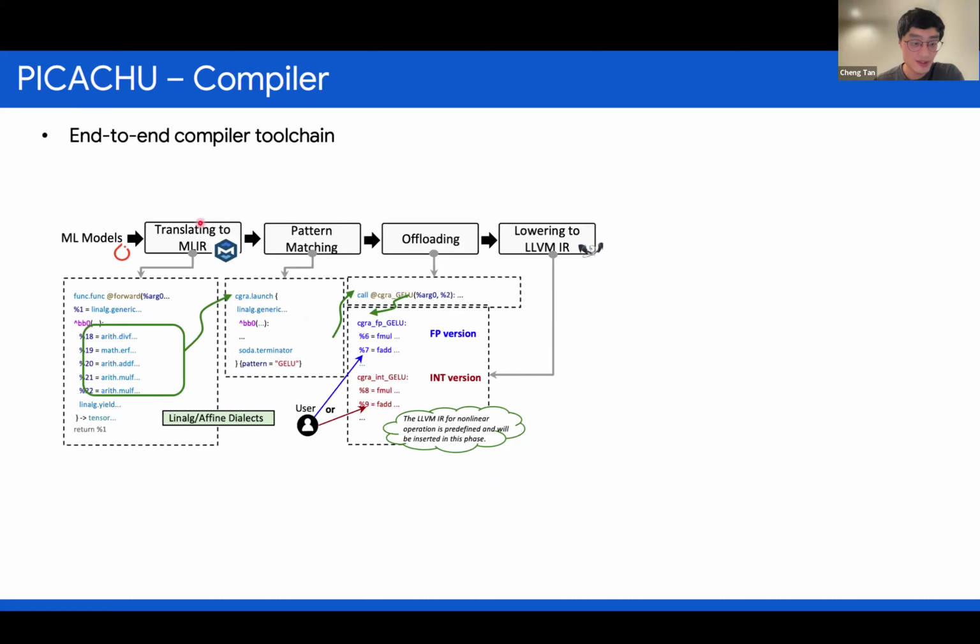Then there is the compiler toolchain to enable this nonlinear operation in LLM. So given a machine learning model, we can lower it through the MLIR compiler, and this is the linear affine dialects. And then scope out the nonlinear part and the linear part. The linear part is done by the systolic array or GPU or any linear accelerator, and the nonlinear part will be accelerated